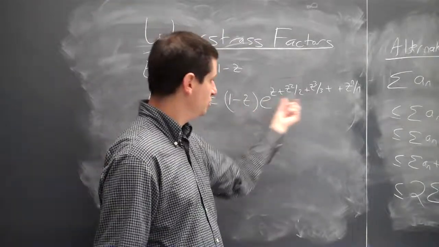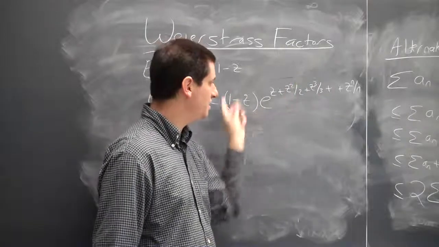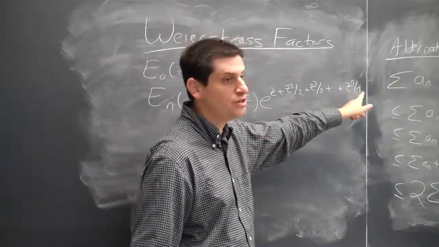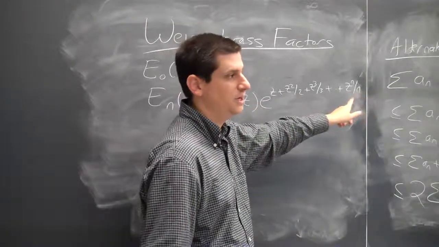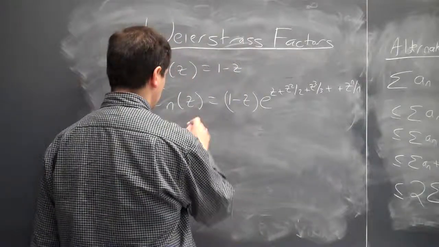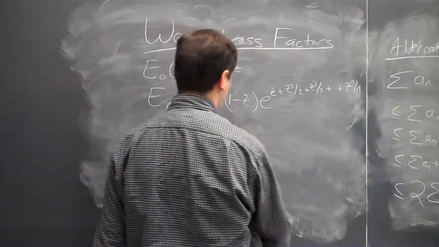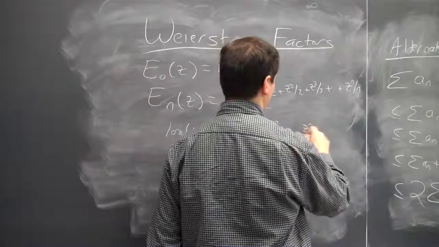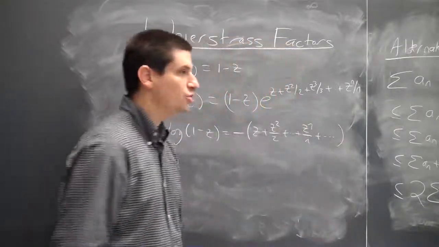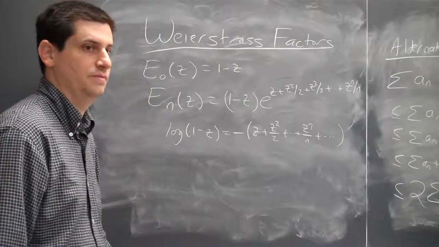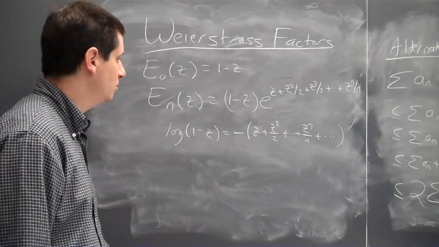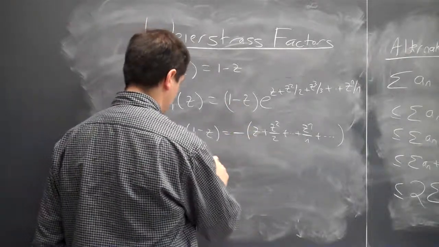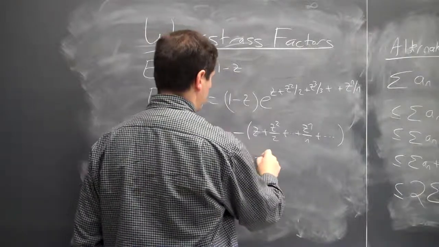So when you see something like this, the question is, why is the book defining something like this? Does anything here look familiar to you? Yeah, this is like a truncation of the log. If I start expanding, the log of 1 minus z is negative z plus z squared over 2 plus and so on, z to the n over n. So what I've done is I've truncated the logarithm. And so, if I write 1 minus z as e to the log of 1 minus z,